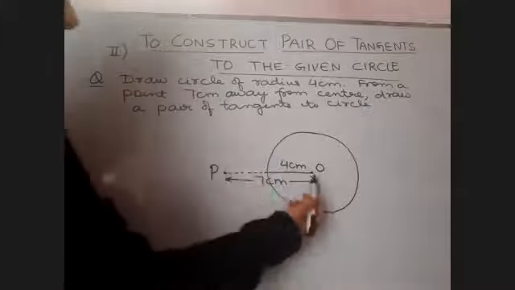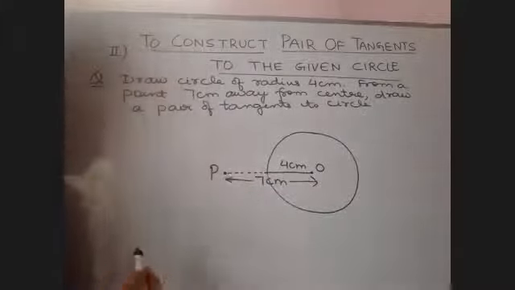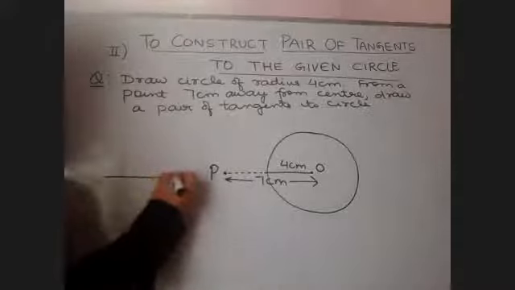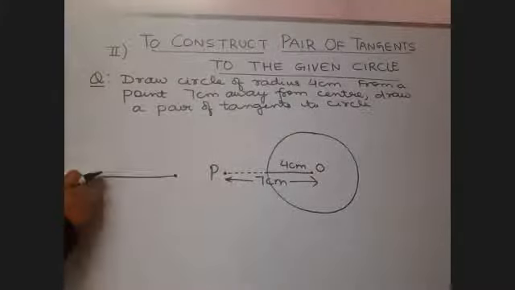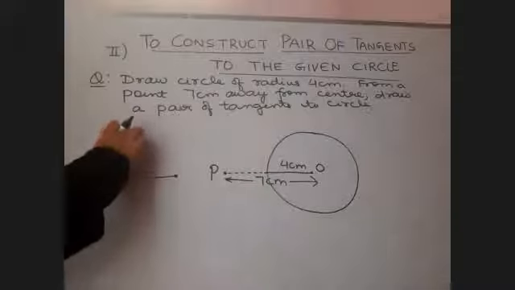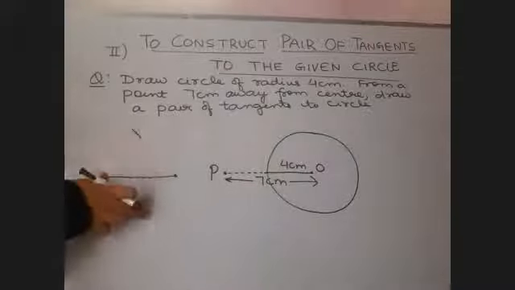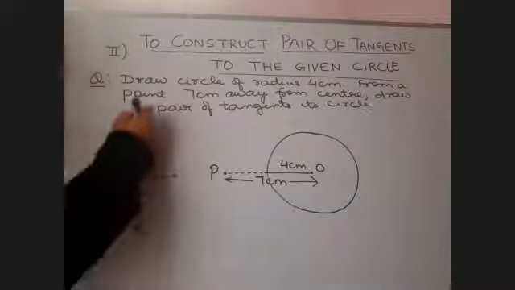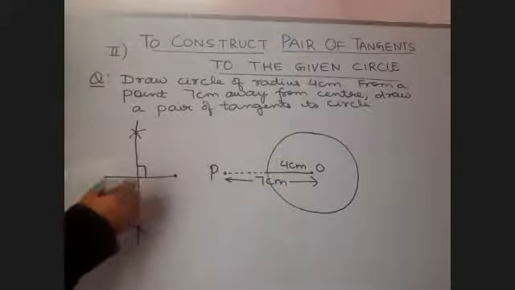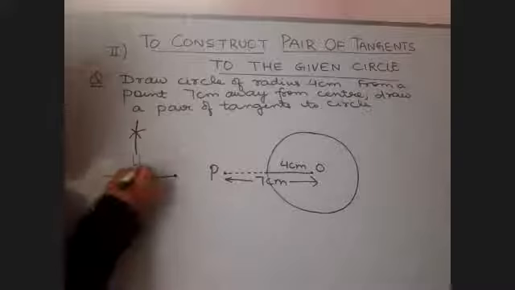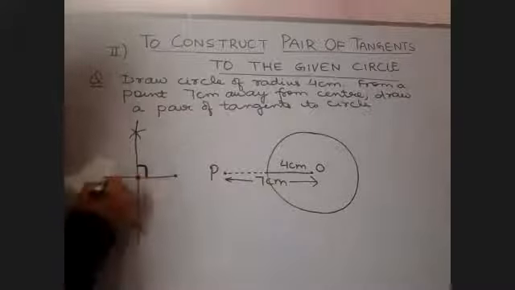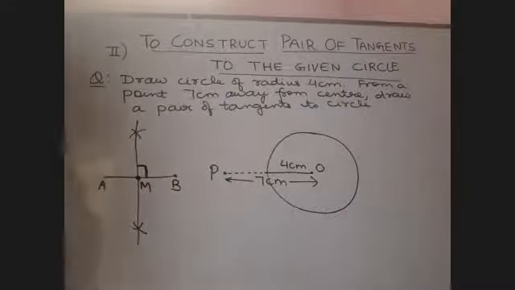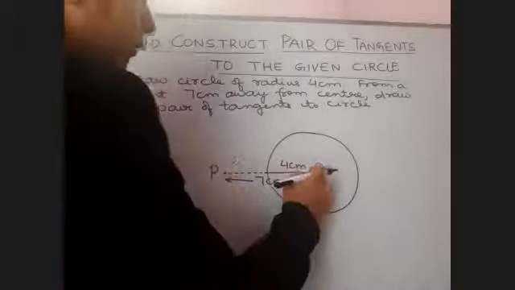So OP is a line segment. We will draw the perpendicular bisector of the line segment. I hope you remember how to draw the perpendicular bisector of any line. Open your compass more than half, draw an arc in the top direction and the bottom. From here also, arc here, and then join these. That is how we draw a perpendicular bisector. This M is the midpoint of AB and also the angle at M is 90. So we wish to draw the perpendicular bisector of OP.